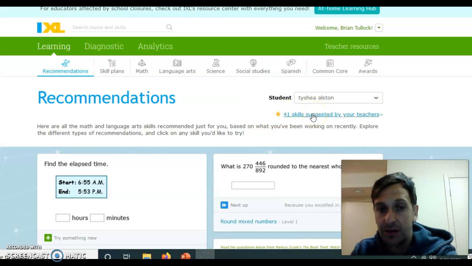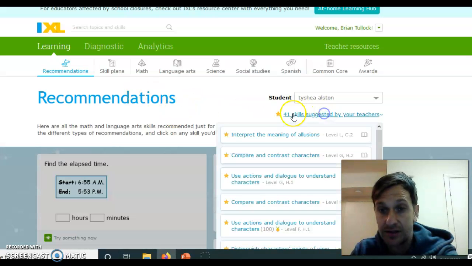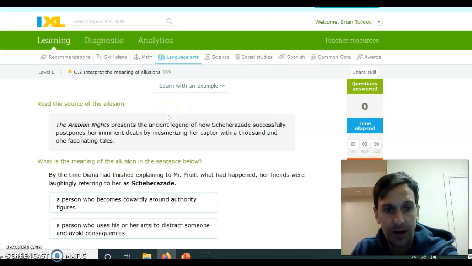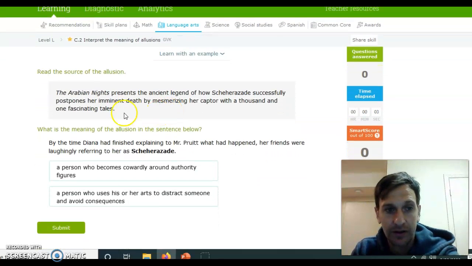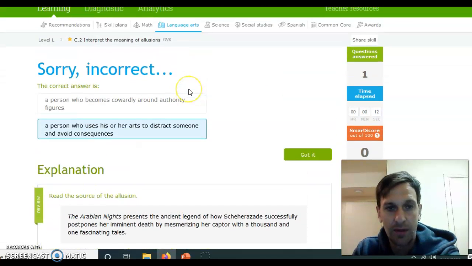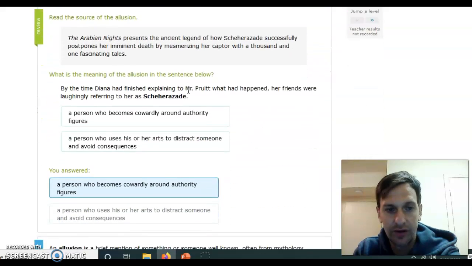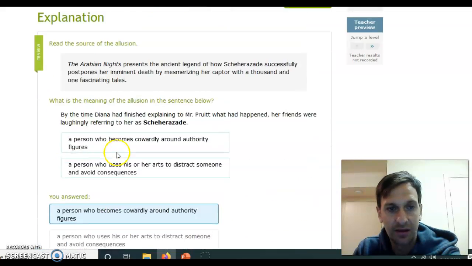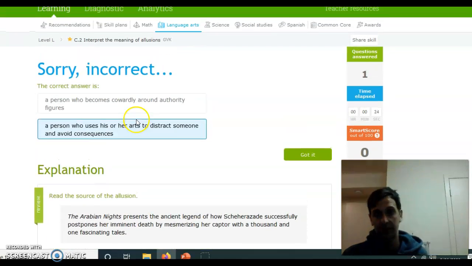So when I suggest a skill, please go through that and please practice in IXL. The more you practice, the more TABE hours I can get you, and the more prepared you are going to be for your TABE test. So for example, I've put in one right here. Interpret the meaning of allusions. Just click on that. And I want you to go through and practice. All right. Again, very helpful to go through these. Here's one that is an allusion, right? So let's just click one for example. Boom. It's incorrect. So remember that you don't just click through it. If you got it wrong, read why you got it wrong. It's going to give you exactly the reason and tell you this is going to help you become more prepared.